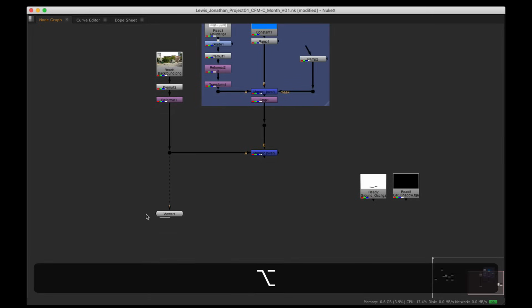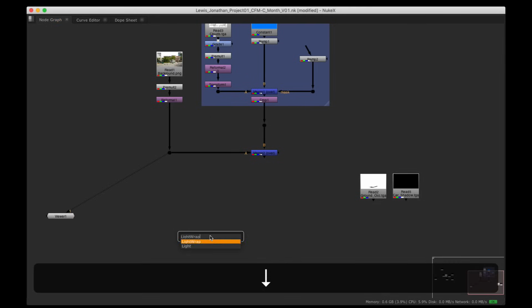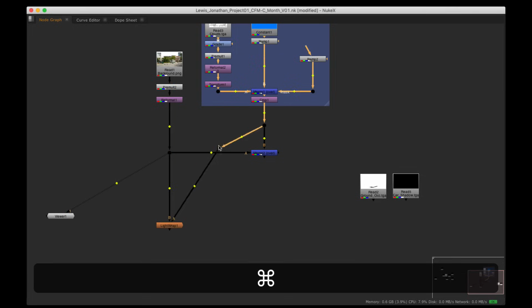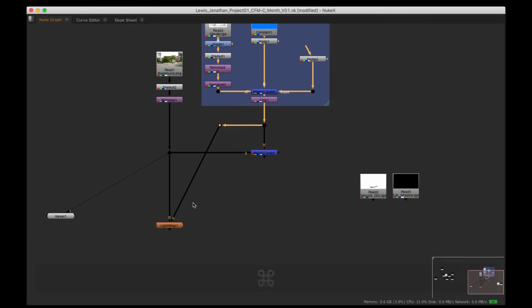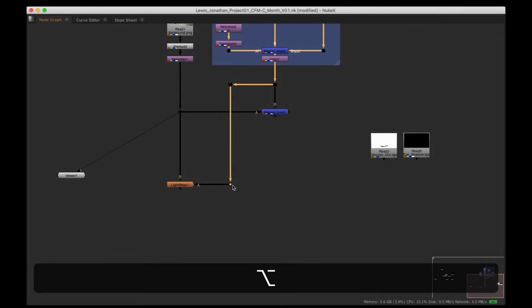Now I'm going to tab in a light wrap node. So let's tab in a light wrap. All right. Plug the B input, this guy, into the original plate. So you can see this is passing through the original plate. And then the A is going to come up here. And yes, we do have to cross these over. As much as I hate crossing these pipes, sometimes you just have to do it. All right. So anyway,